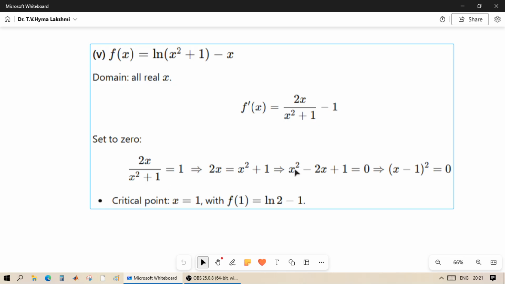We can write as x square minus 2x plus 1 equal to 0. This we can write as a square minus 2ab plus b square. So we can write as a minus b whole square, x minus 1 whole square equal to 0, that x equal to 1. That is a critical point, x equal to 1. When we substitute this 1 in the given function, that is f of 1 equal to log of 1 plus 1, that is log 2 minus